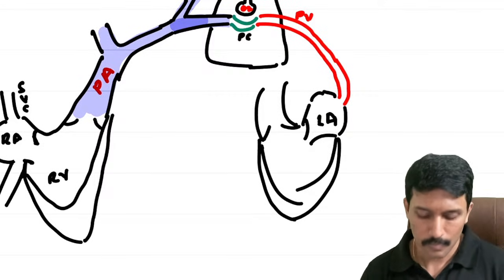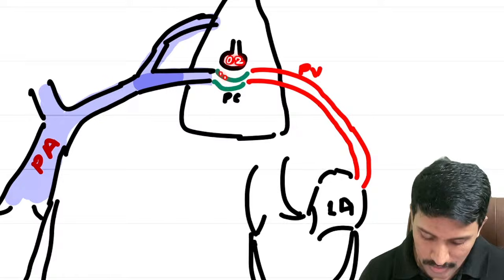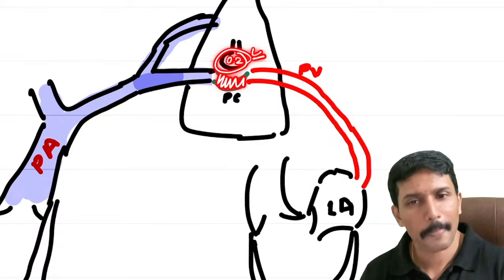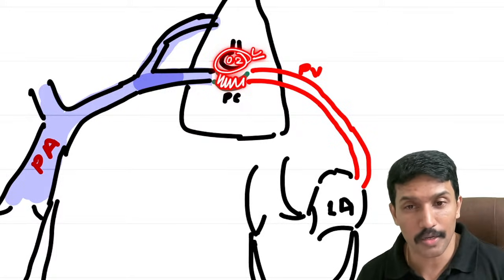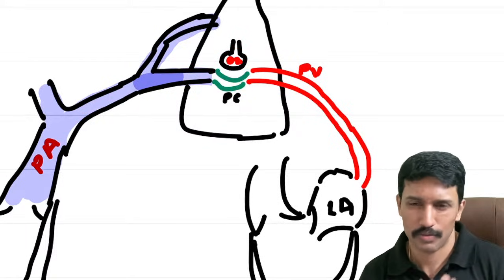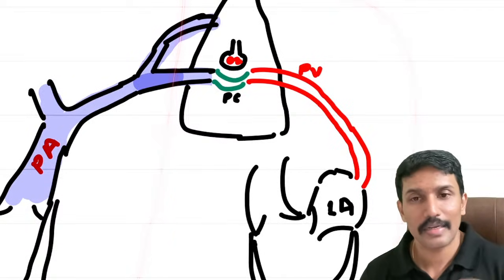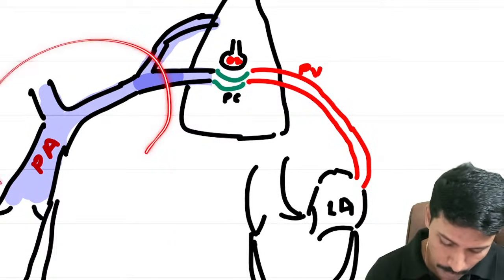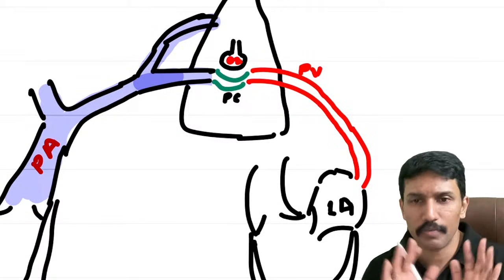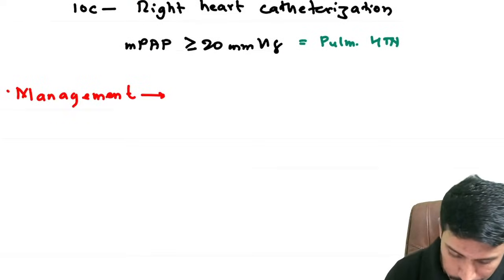Simple. If less oxygen entry into the lungs in COPD is causing pulmonary vasoconstriction, make more oxygen get into the alveoli. That's why we are doing LTOT, long-term oxygen therapy. Then the pulmonary artery pressure will come down. So in simple words, if there is a treatable underlying cause, treat it. Only in pulmonary arterial hypertension, where we don't have an identifiable underlying cause, we need to do something for the patient. So in the management,